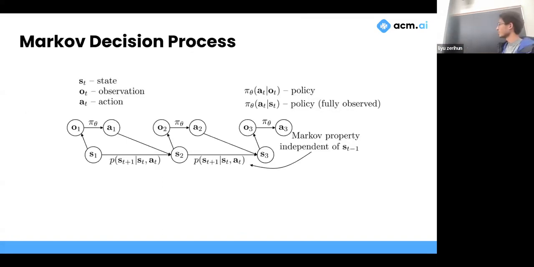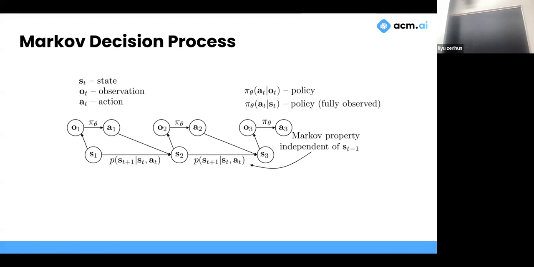Okay, so now this looks pretty complicated, but all it is is a graphical representation of what we've been talking about so far. If you start off in this state, for example, and you see this as the observation from your environment, then perhaps you want to take this action, and that action is going to take you into this state. This is a type of graph that reflects something called the Markov decision process, where there's a probability of transitioning from one state to another state and so on, and you reflect that with this graph.